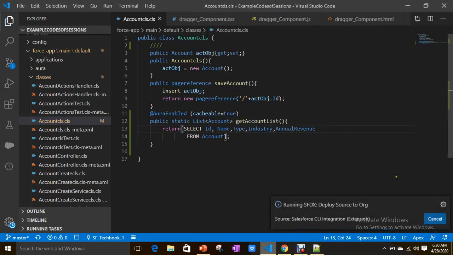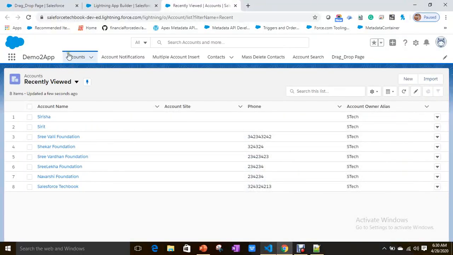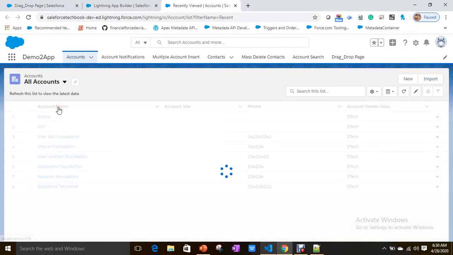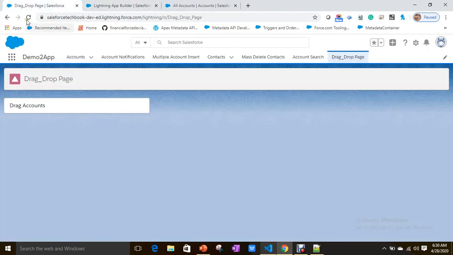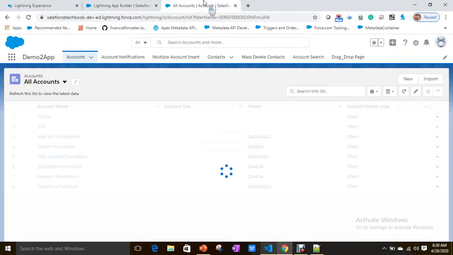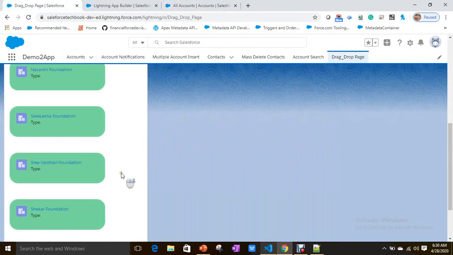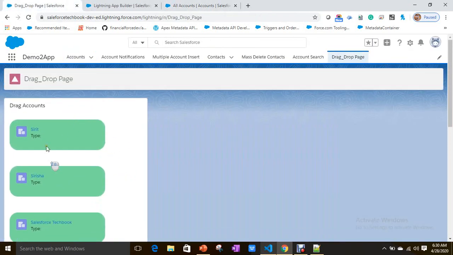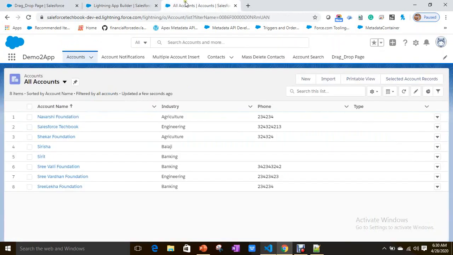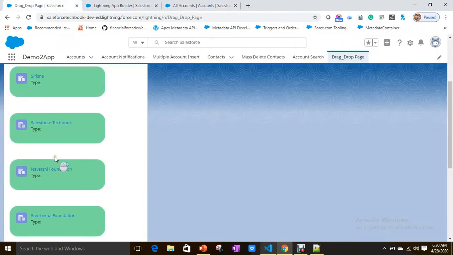So I removed the where condition, nothing else. So let me reload this. Yes, if you see, I got all the records, right? There is no type value also. That's why it is empty for now.